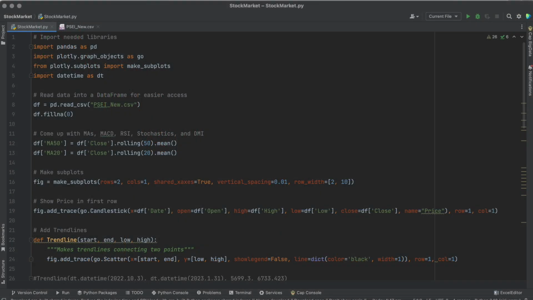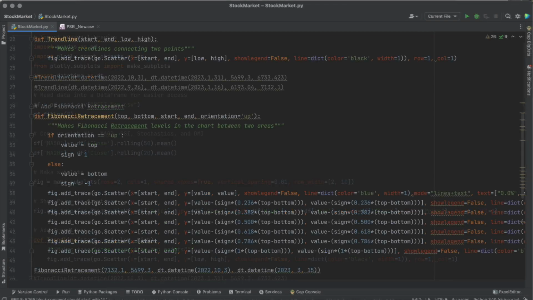My Python program had quite some changes ever since I first presented it. First of all, I extended the data set from January 1, 2022 to March 15, 2023. Second, I removed the MACD. Thus I didn't need the TA library anymore. Third and most importantly, I made two new functions that can easily make trend lines and calculate Fib levels.